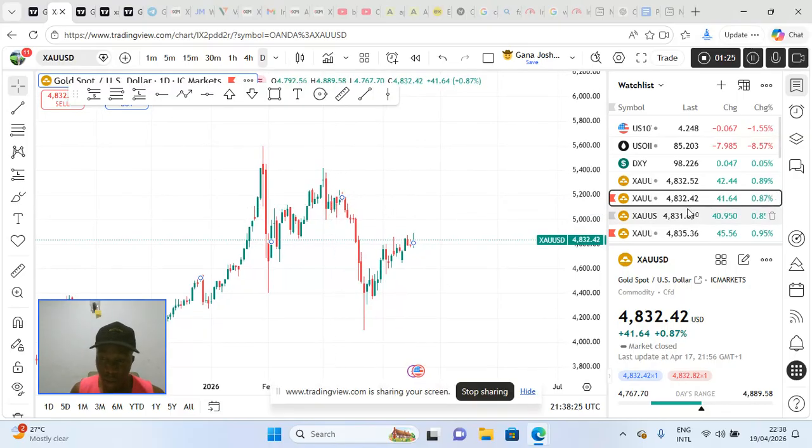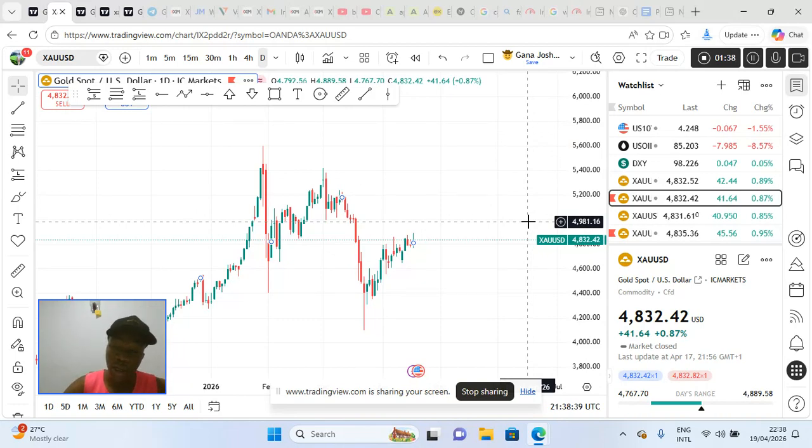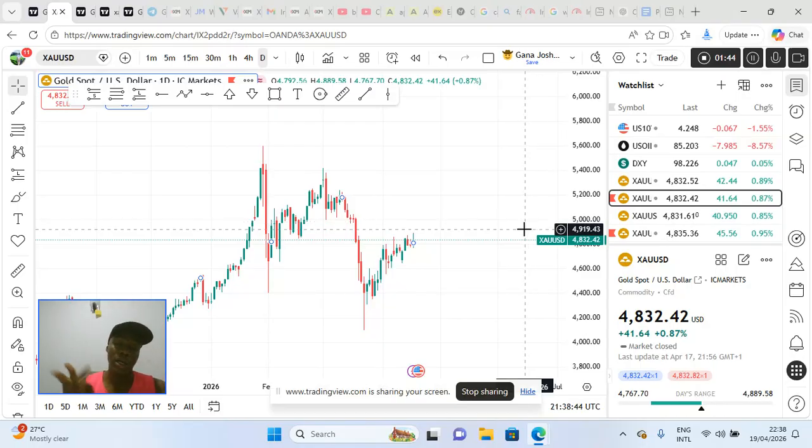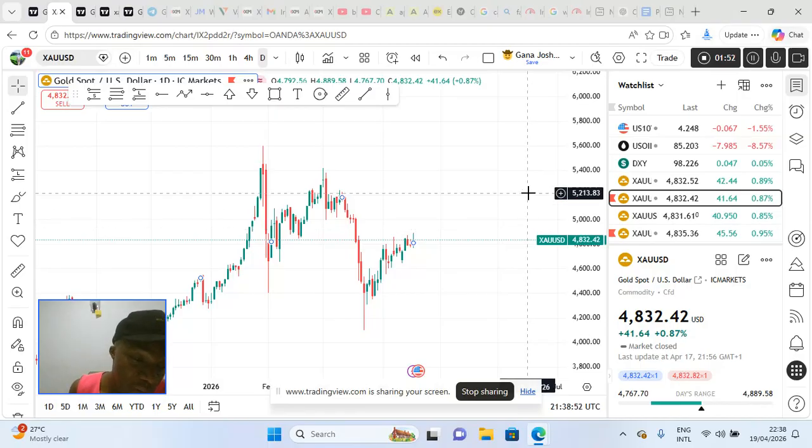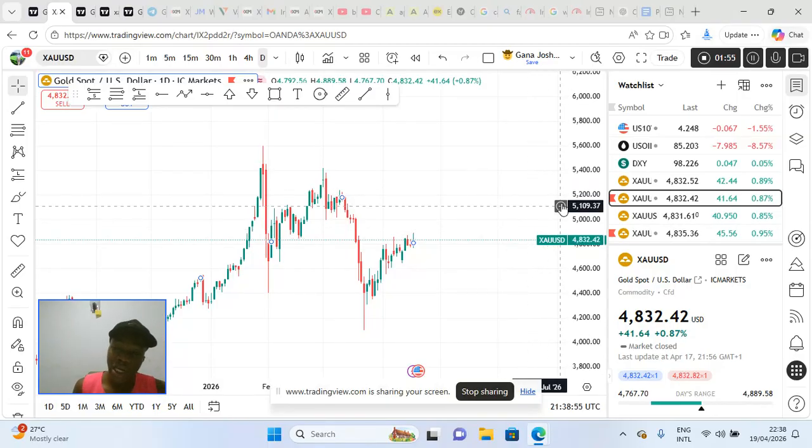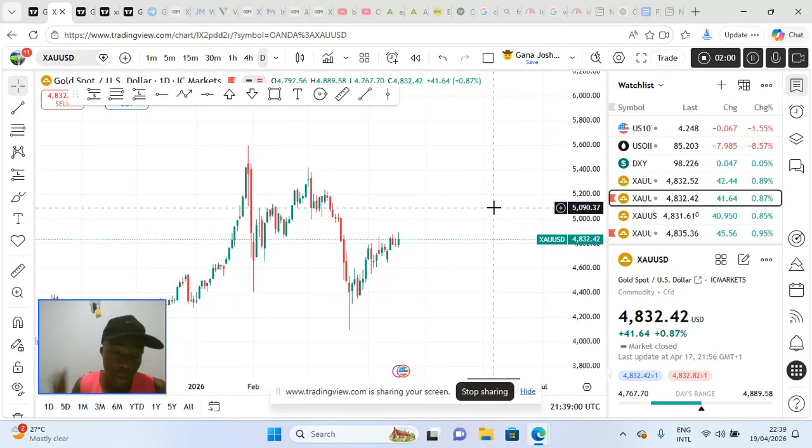For now, I traded majorly gold until last week. I've added US oil to my portfolio, so these are the two assets I'm going to be trading. As we go, if I find better ones, I could add. But I just fell in love with US oil last week. I also dropped a video about what you might learn, especially if you're a gold digger, that you can check out to see how you can hedge even in this period. So let's head straight to the chart for what we're going to be looking at this week.